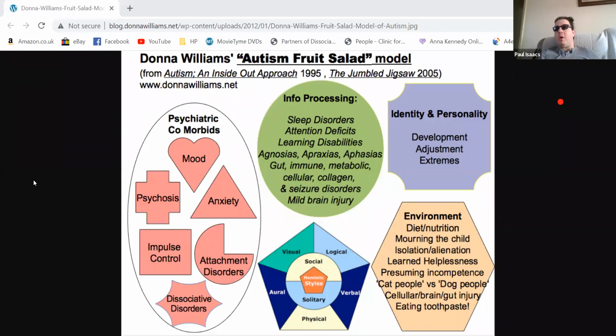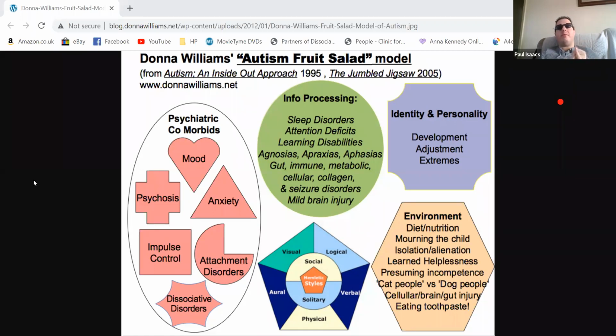It was created by a lady called Donna Williams, who sadly passed away about 3 years ago now. She was diagnosed with childhood psychosis in '63 and auditory processing disorder, because they thought she was deaf. Her diagnosis was confirmed by Dr. Bartek in Australia in 1990, and then she started doing consultancy work.